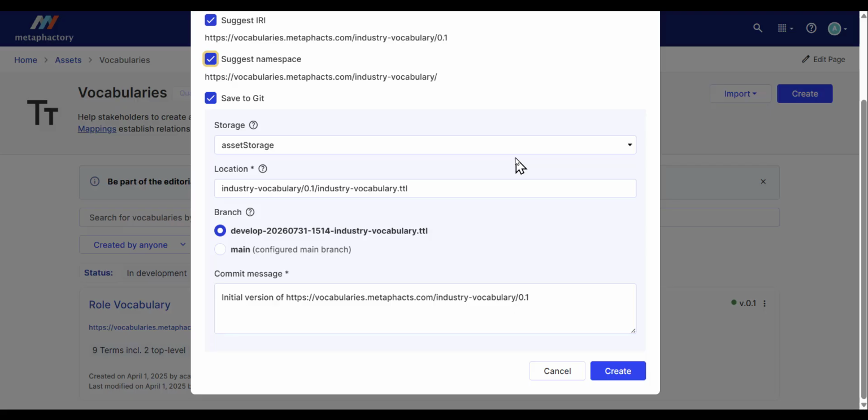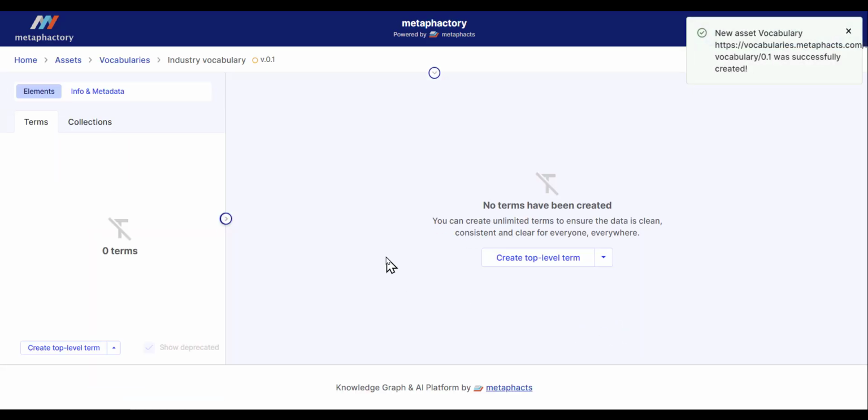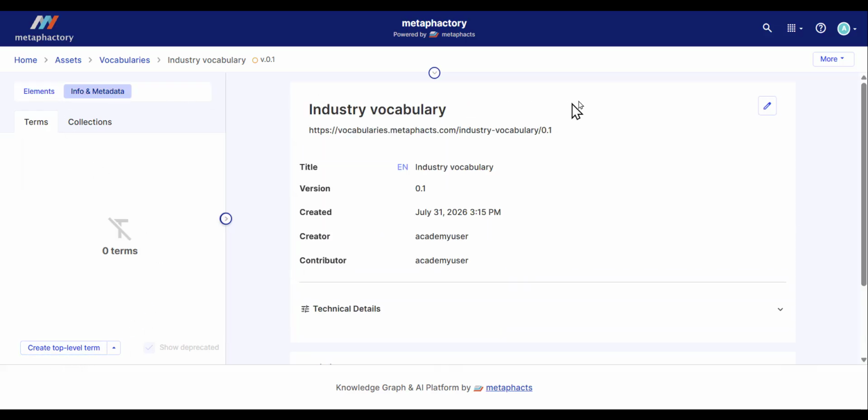Finally, we can also choose to save our vocabulary to Git for versioning if we want to. If we enable this, a few additional fields appear for storage, branch, and a commit message. We'll leave these at their defaults for now. Now we are no longer just viewing a vocabulary, we can see buttons on the bottom left to create new terms. The first thing we are going to do is go to the Info and Metadata tab, and add a